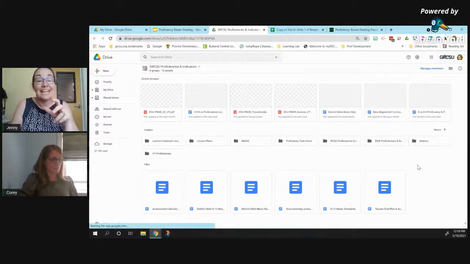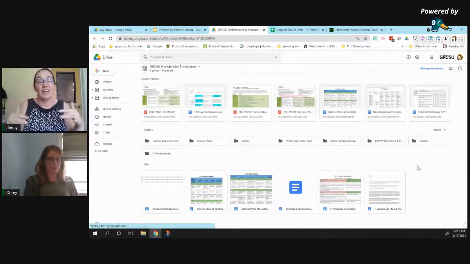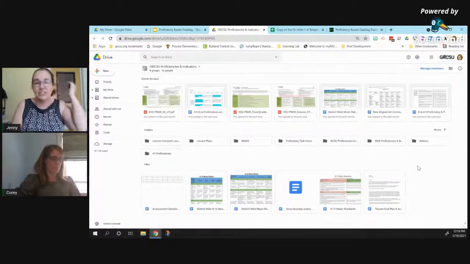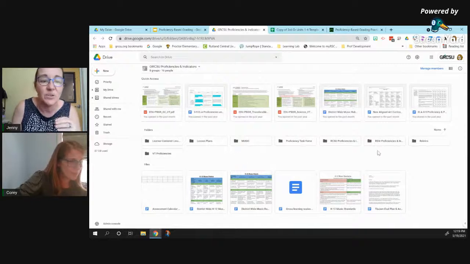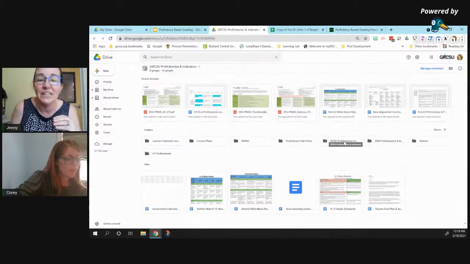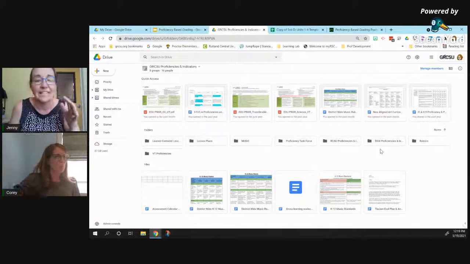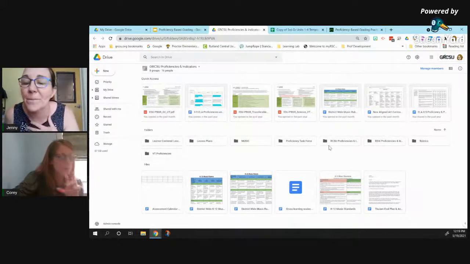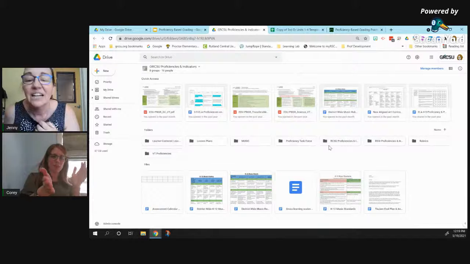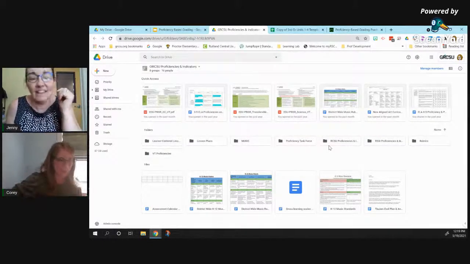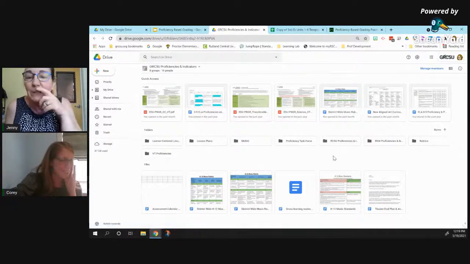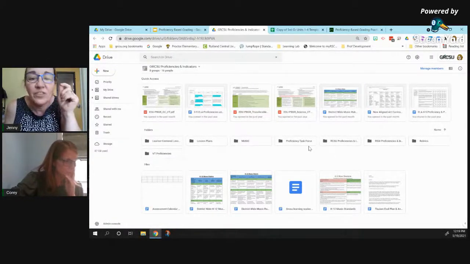When you go in, you can see all of the work that all of the groups have done. And there were standards that were done for each of the groups. So like kindergarten, is it K2? I'm trying to see. My eyes don't want to work today. There's a couple different places because we had the stuff that was done before the merger, and then we have stuff that was done after the merger. So you can find things all over the place, but there is one folder that I like to go to.